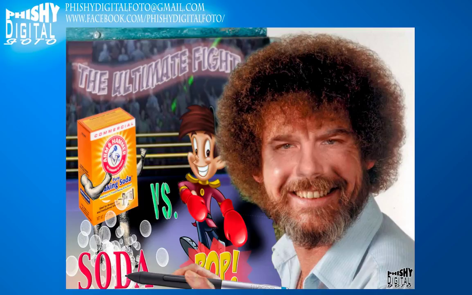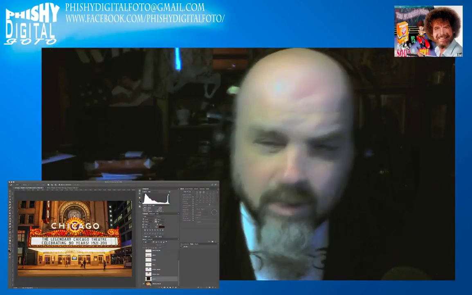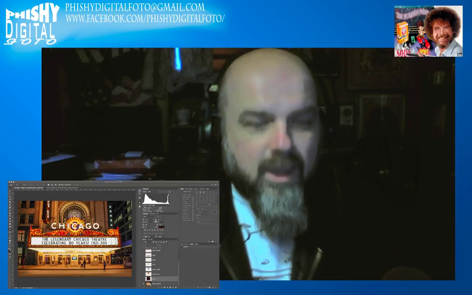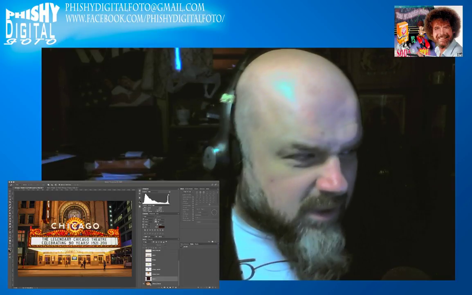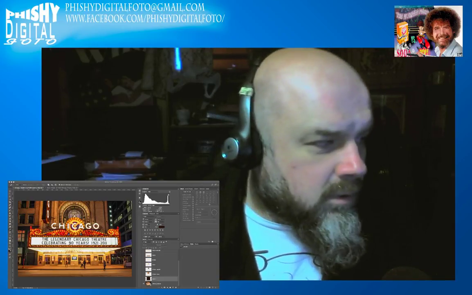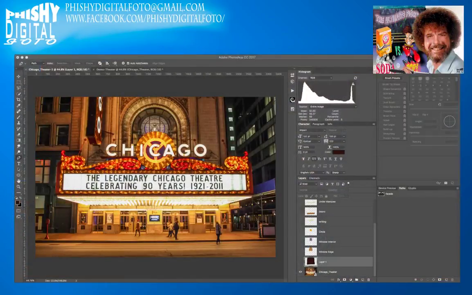Hi everybody. It's another week of the joy of image manipulation, and you could just hear the joy in my voice. Anyway, here we're back, going back to the movie theater project we started about 3 or 4 weeks ago. What we're going to do is take this picture of a theater in Chicago. I'm assuming it's called the Chicago Theater, and we're going to